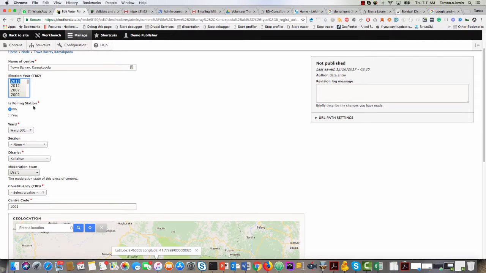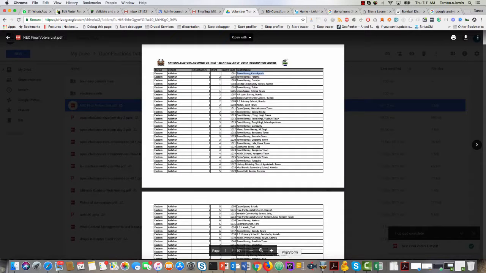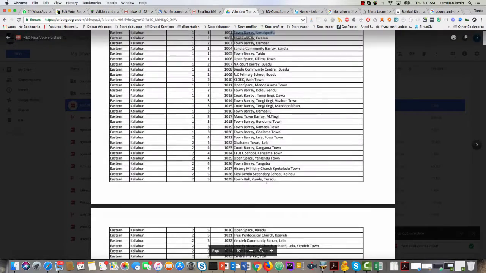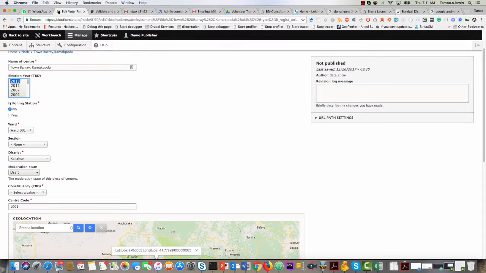Now, the polling station, is this a polling station? No, it's just a voter registration center. This is not a polling station. What ward is this in? Ward 001. Let's look and verify that. So is that in ward 001? I'm going to verify. The ward for this is 1, so that's the same as 001. The constituency is also 1. So I will then say the ward is 1 and